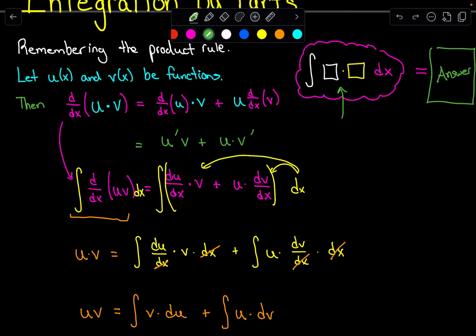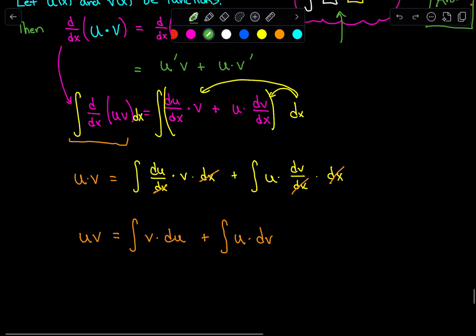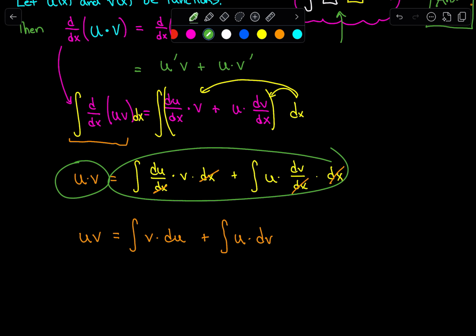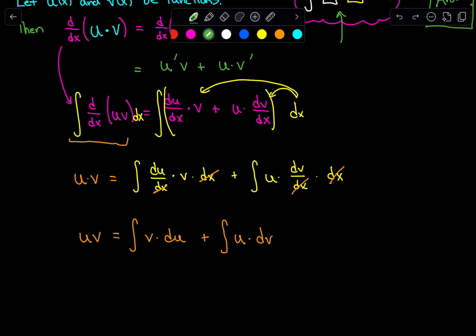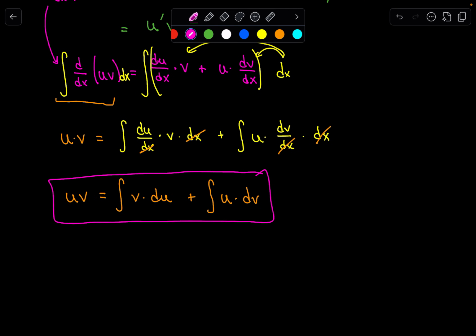And so we did that. And now we took the integral of both sides just to see what would show up. And now, in taking the integral, simplifying the left-hand side and distributing the dx, making two integrals, we're at a very interesting point, which is that I now have at least one integral that looks like